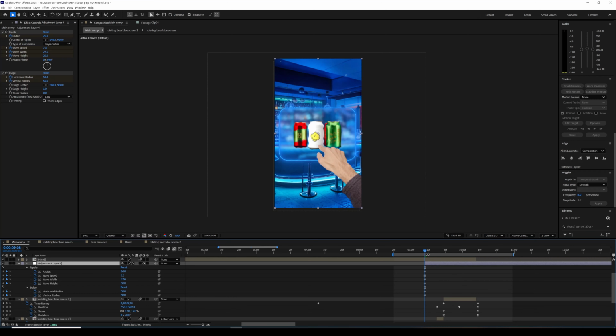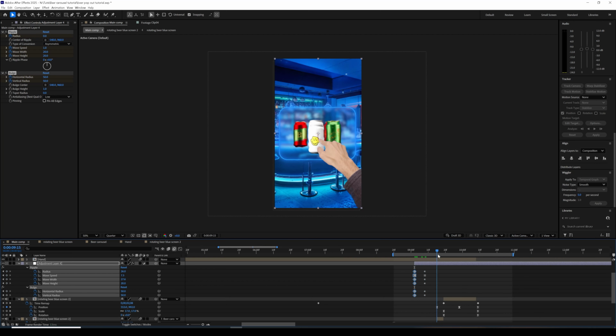Press U and let's take it to the center, maybe right around here. Let's reset both of them and go here, reset again. So now we will have some kind of